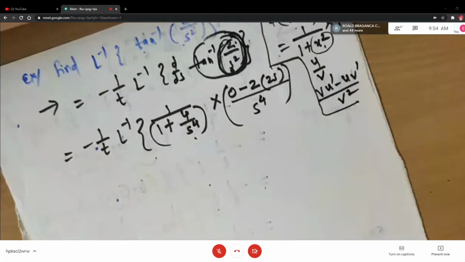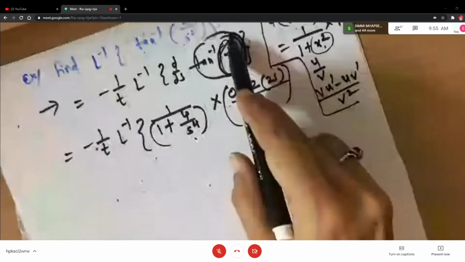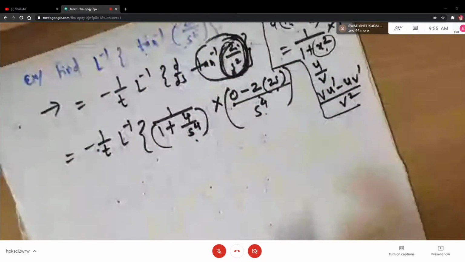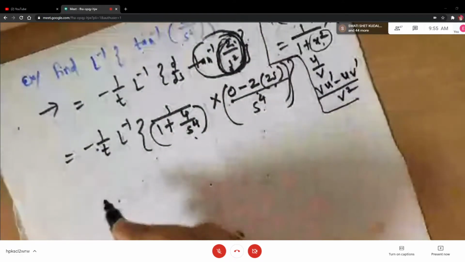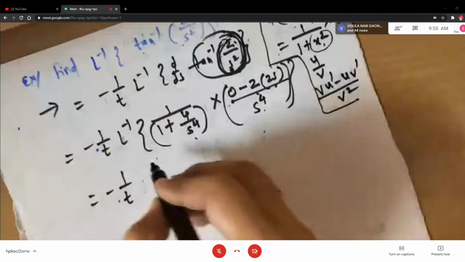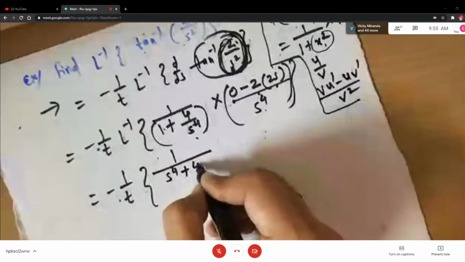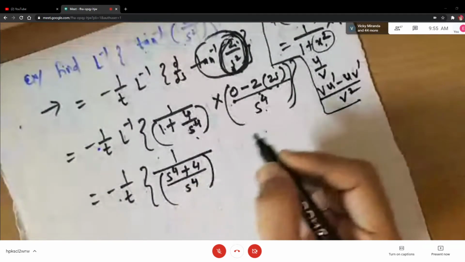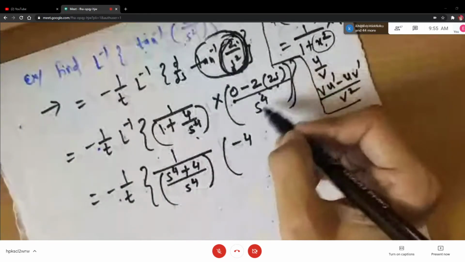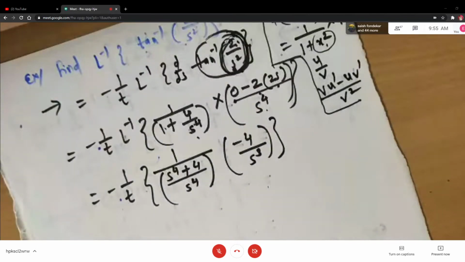Okay, students? So it is 1 upon 1 plus this bracket square into derivative of the bracket. Denominator into derivative of 2 is 0 minus numerator into derivative of denominator by denominator square. Then complete the bracket. So minus 1 by t. Then let me cross multiply here, students, in the denominator. S raised to 4 plus 4 divided by s raised to 4. Now what is this? 2 2s are 4, right? So minus 4. S by s raised to 4 is what? S cube. One s will get cancelled. Okay.